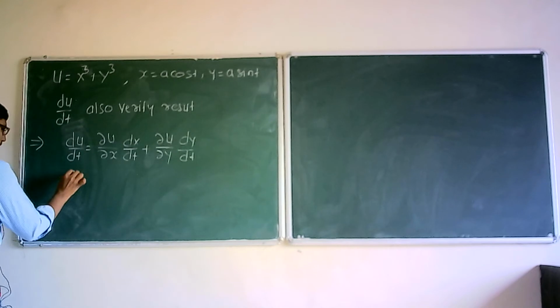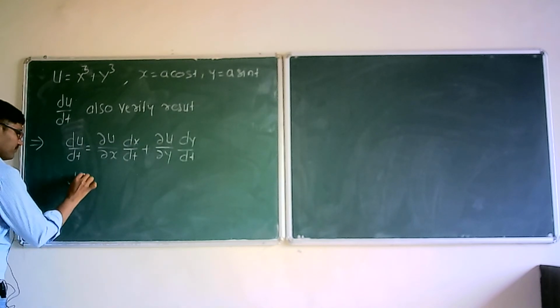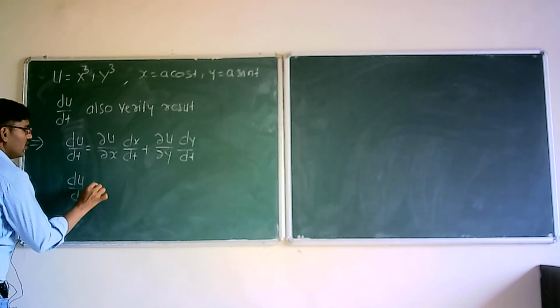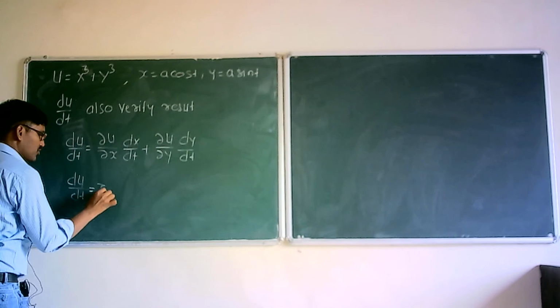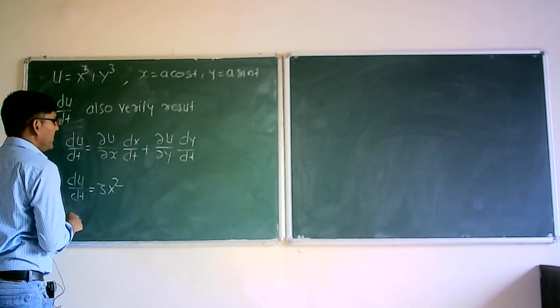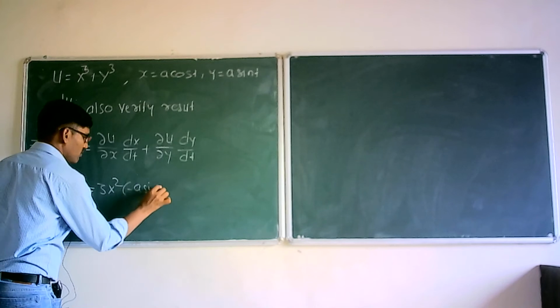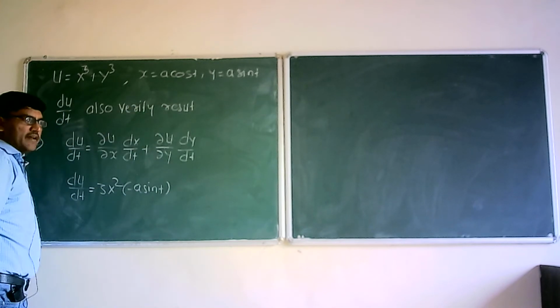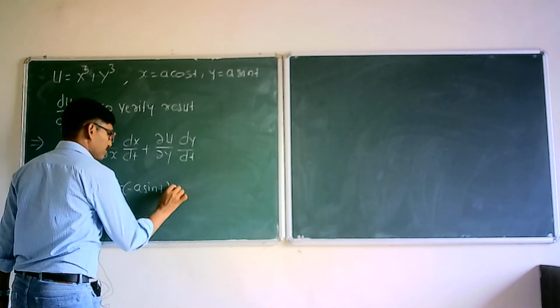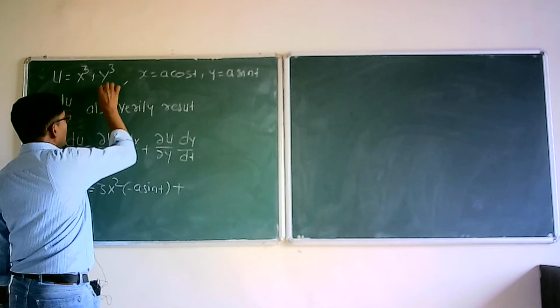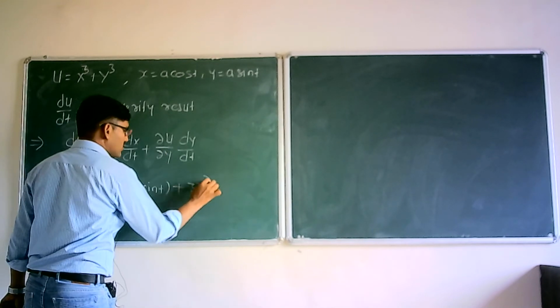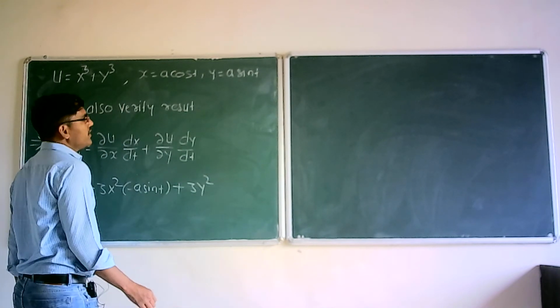So du by dt is equal to del u by del x, which is 3x square, into dx by dt. Derivative of cos t is minus sin t, so minus a sin t, plus del u by del y, which is 3y square, and dy by dt, which is